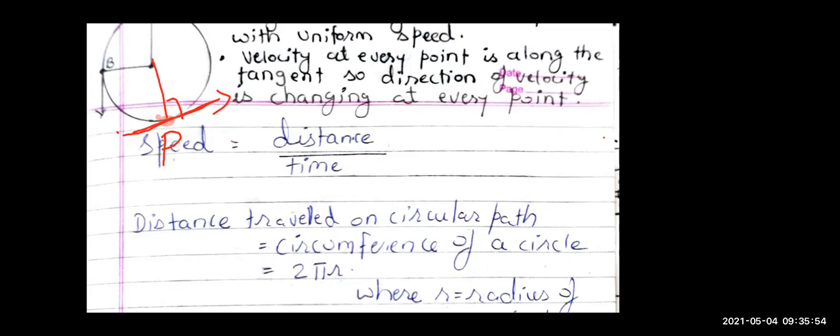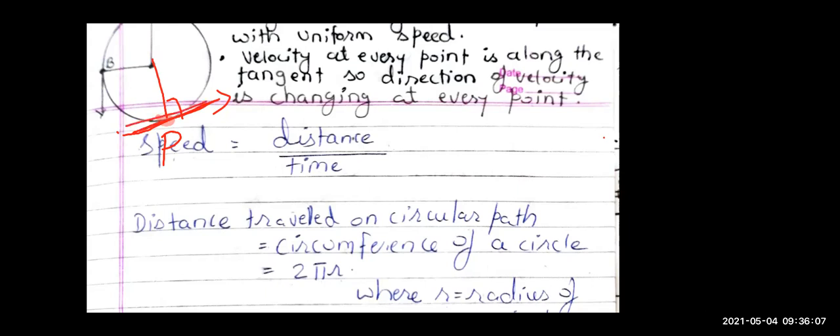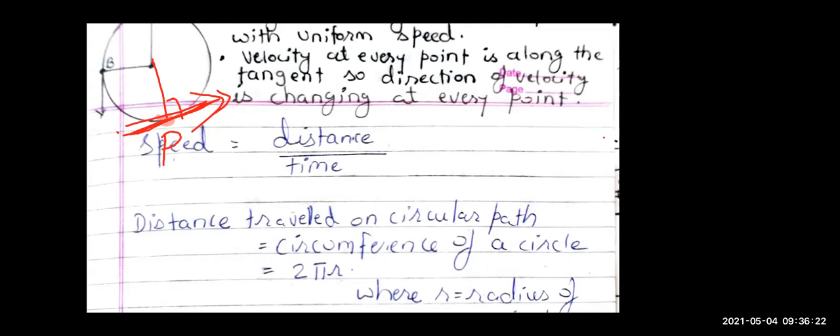What is a tangent? A tangent is a line which touches the circle at only that point, and it makes 90 degrees with the radius of the circle. So this tangent gives the direction of velocity. So the direction of velocity at point P is in this direction. But at each and every point of the circular path, the direction is continuously changing. The speed is constant, but the direction is changing. So as the direction is changing, this is accelerated. It is uniform circular motion, plus it is accelerated motion as well.